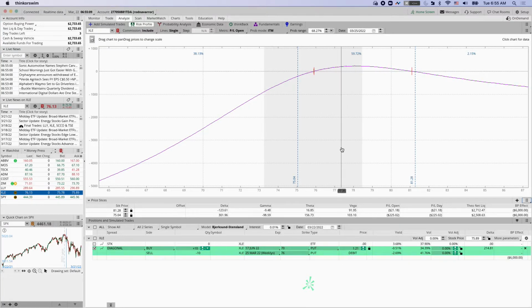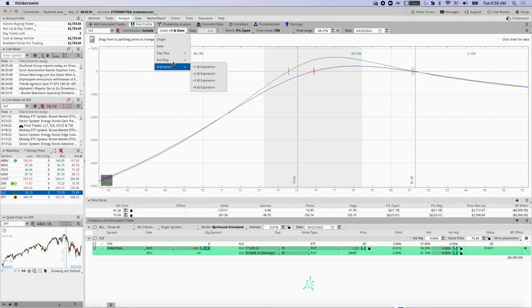Something else you can do with this, if you go to the 22nd, again this is today, and I want to plot another line here that is going to tell me how the break-even point or the curve is going to look different in a later date. There are several options. I encourage you to play with these things, but if I just set this option date, and again, as I was saying, there are other options. You can day step it, you can do other things, but this second option here, the date, what it's going to do